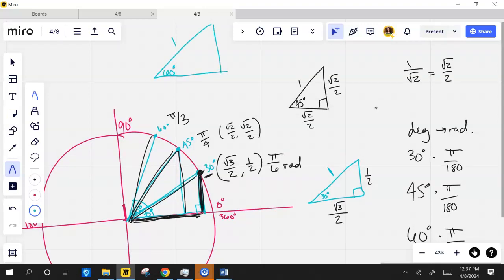Hypotenuse is still 1, but how do I make my way back to the short leg? Divide by 2. The short leg, which is down here now, is a half. You're really just flipping these coordinates. So you see it's really not that bad as far as